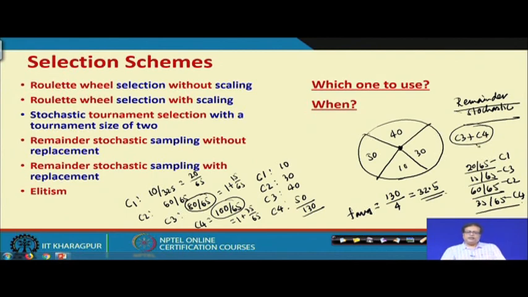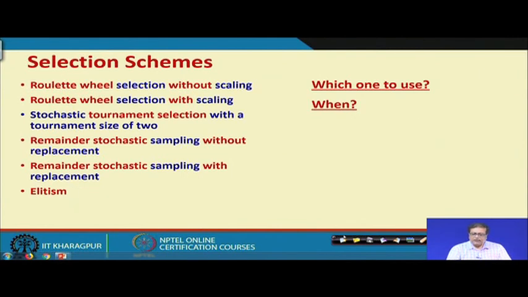The better one we select. That is tournament selection. Elitism is a specific type of selection where a selected chromosome is directly moved to the next generation, so there is no crossover or mutation. So, that is essentially the different selection methods that we have.